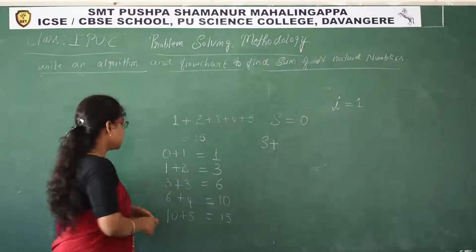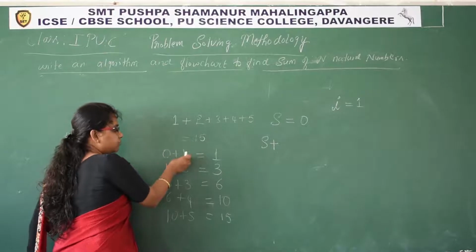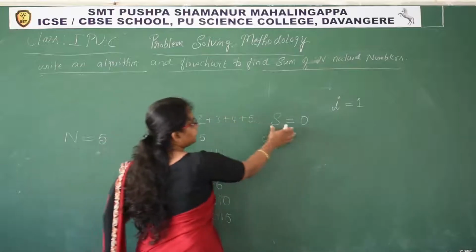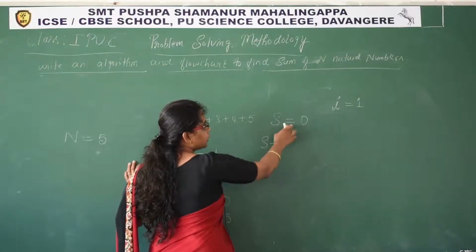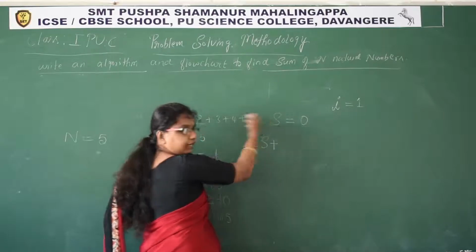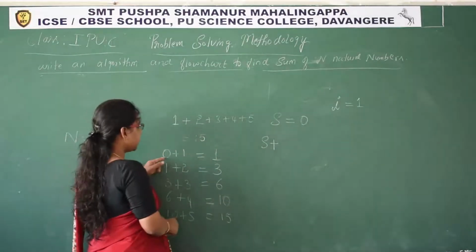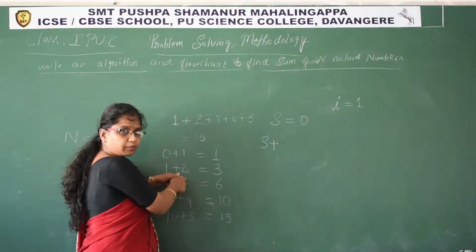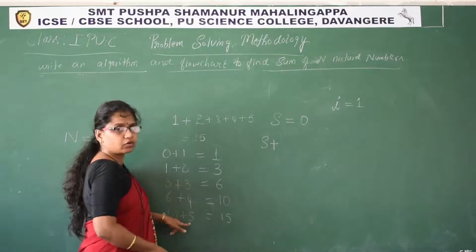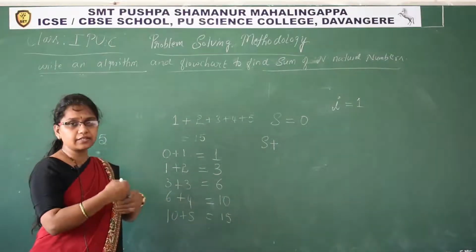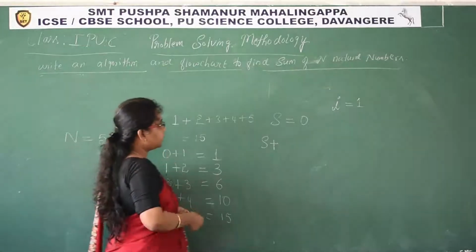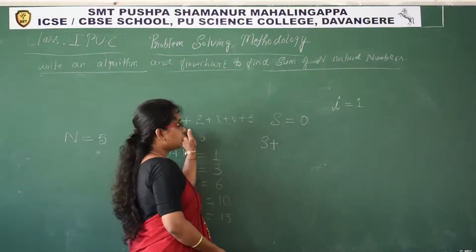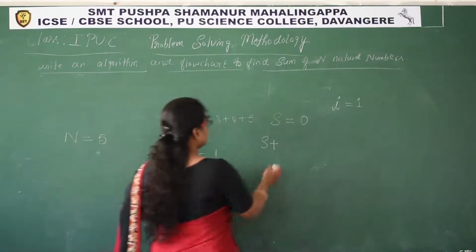Are you understanding? See, it's very simple. First I should start from 1 and this one has to be added with the number 0. That's why I have taken an initial value here. That initial value is labeled as s. We call it an identifier. So that s I can write like this, s plus, right now the value is 1, in the next step the value becomes 2, next 3, 4, 5. So the program automatically increases the value. That's why I'll take a label or identifier to store the initial value, the first value. Now after that, s plus I.